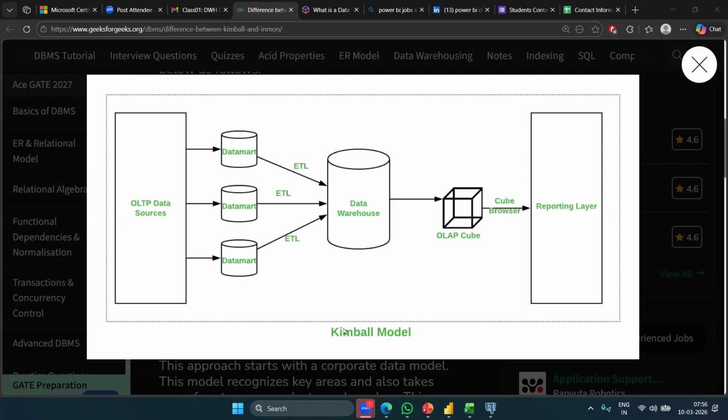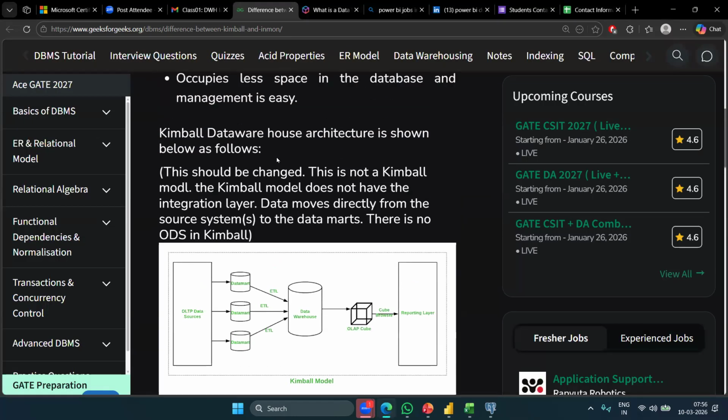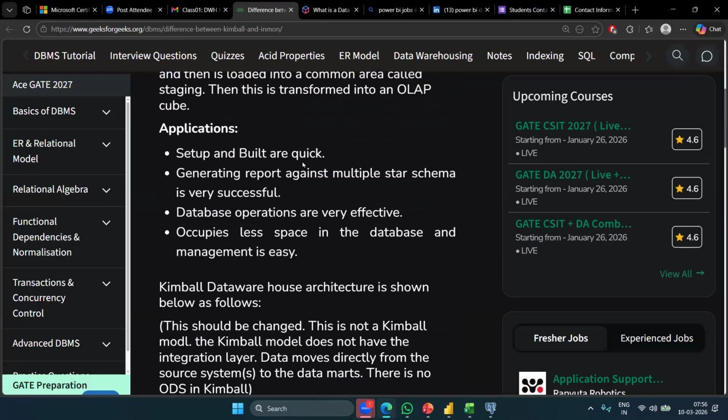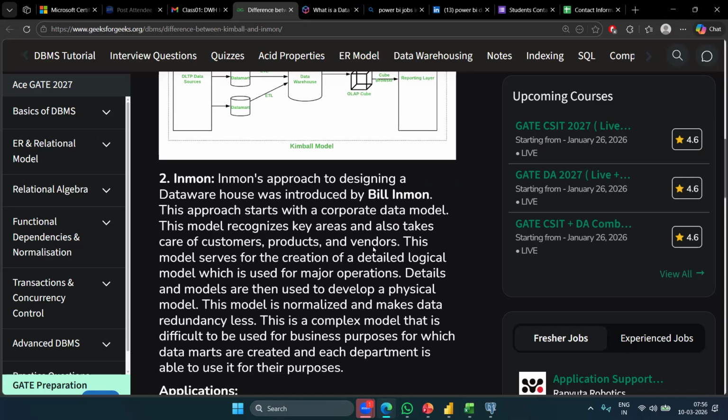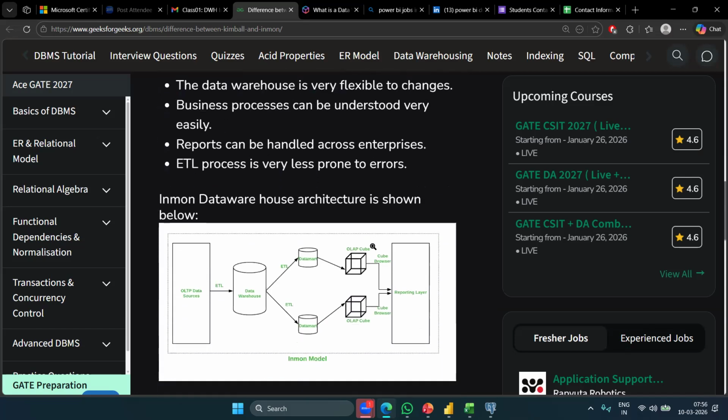This is what Kimball proposed. So the benefit is that since it is an iterative process, setup and builds are quick, generating reports across multiple schemas is successful, the database operates very effectively, and it occupies less space in the database. Whereas Inmon has proposed,